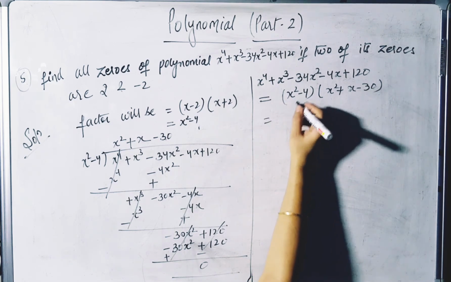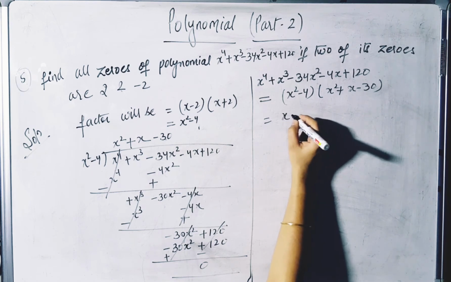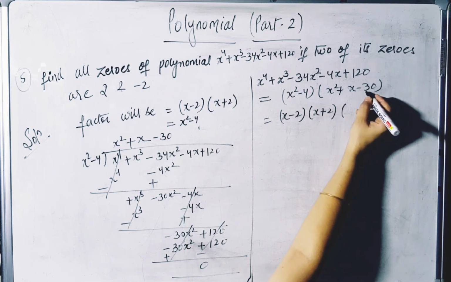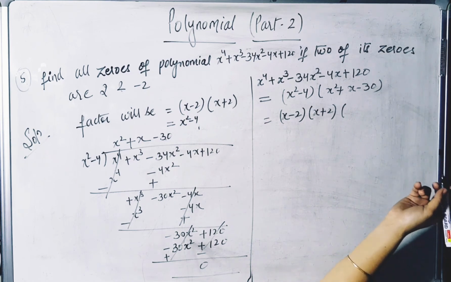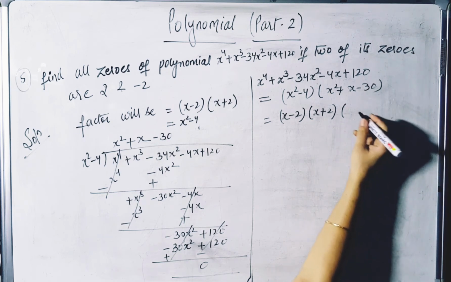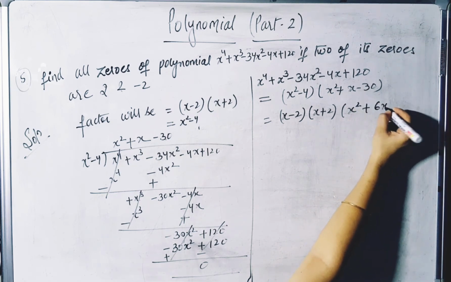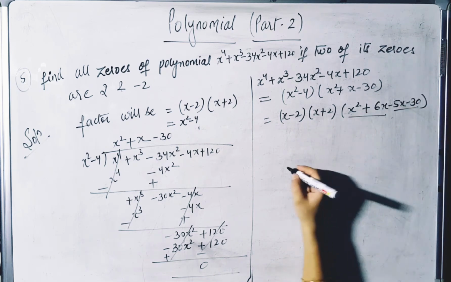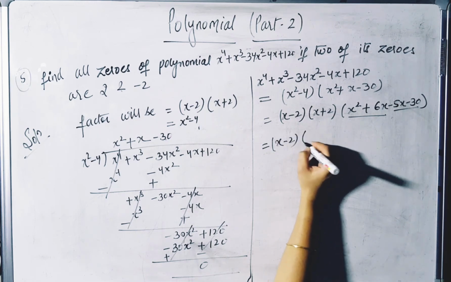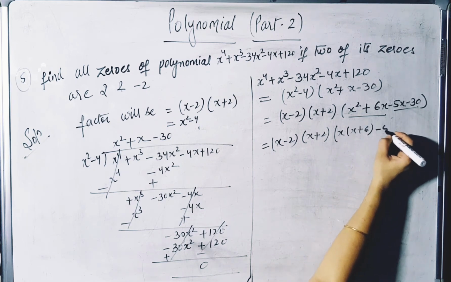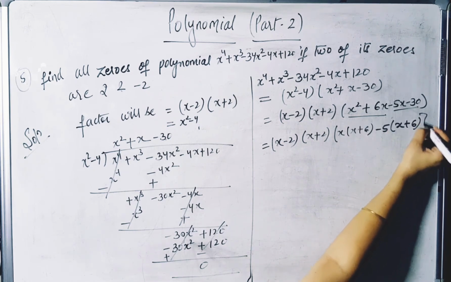अब इसके अगर हम फैक्टर्स करेंगे और निकालेंगे a square minus b square, then we will get x minus 2, x plus 2 and here minus 30 है, तो minus 30 को will split into 6 into 5 will get 30 and 6 minus 5 will get 1. So we'll select a factor that is 6 and 5. So here we'll get 6x minus 5x minus 30. ये पेयरिंग कर लेंगे. So x minus 2, x plus 2, यहाँ पर कॉमन ले लेंगे x plus 6 and here minus 5 will take common x plus 6.